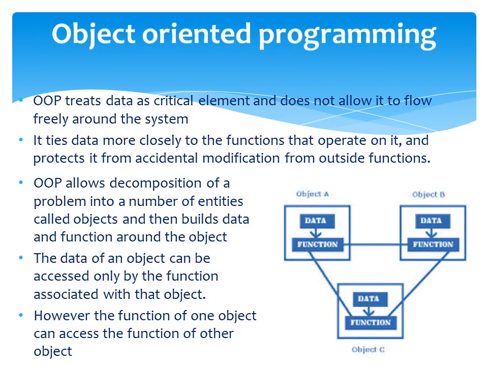Object-oriented programming treats data as a critical element and so does not allow it to flow freely around the system. That is, in object-oriented programming, importance is given to the data, and so the data cannot be accessed outside the class, that is, outside the class that created it. Thus, in object-oriented programming, data is not global and so it cannot be accessed from outside anywhere.